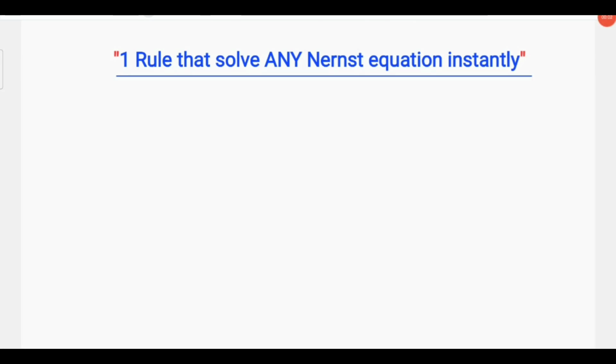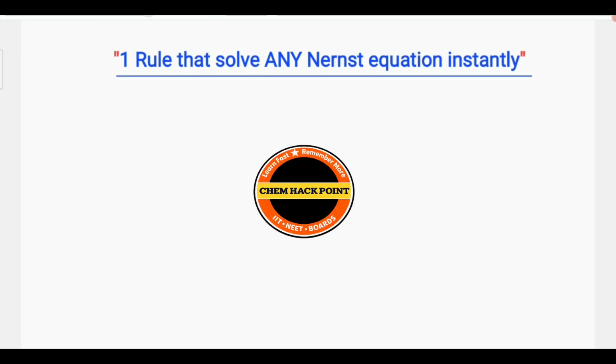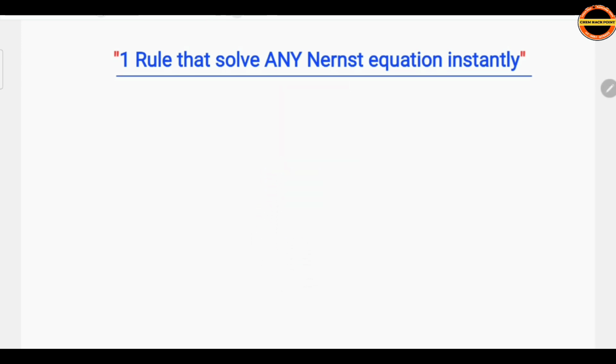90% of students lose marks in the Nernst equation. After this video, you will be confident and clear about solving any Nernst equation question without any difficulty. Let us start. The first, most common basic Nernst equation, which is E cell is equal to E naught cell